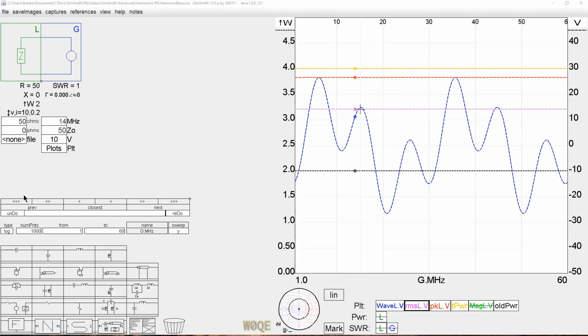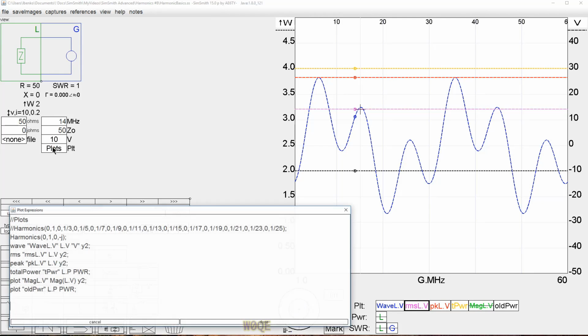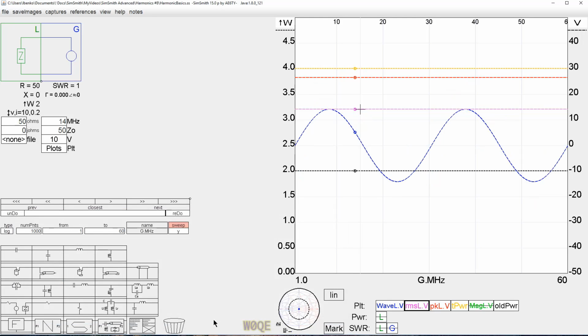Let's do one more quick example here. And that is, let's get rid of this harmonic command and replace it with this one. You might not recognize this command, but basically it's a fundamental frequency. The third harmonic is of 1/3 amplitude, fifth harmonic is of 1/5 amplitude, seventh harmonic is of 1/7 amplitude. The even harmonics are all gone. And the resulting waveform, if we do this, is, gotta wait a minute,